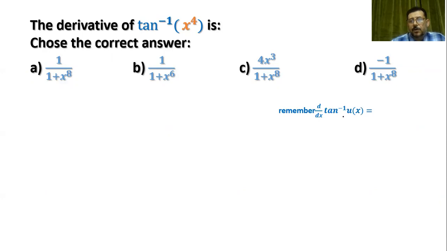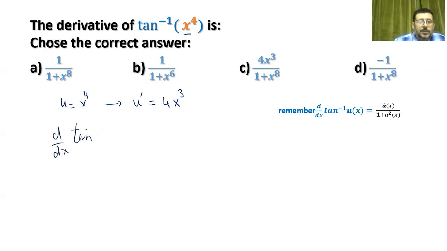Remember that the derivative of tan inverse u is u prime over 1 plus u squared. In this question, u is x power 4. So u prime is 4x power 3 using the power rule. So the derivative of tan inverse x power 4 is 4x power 3 over